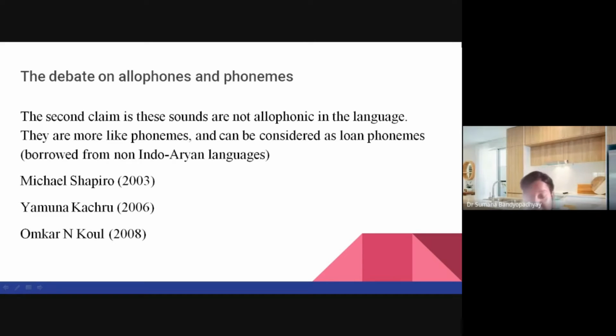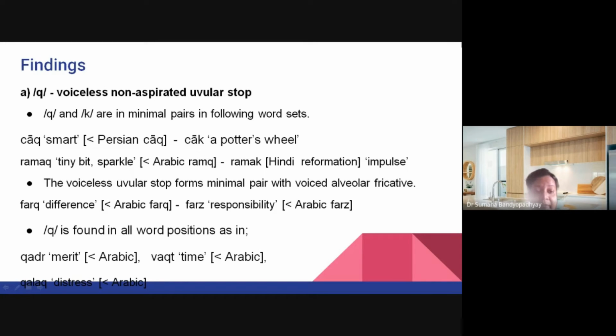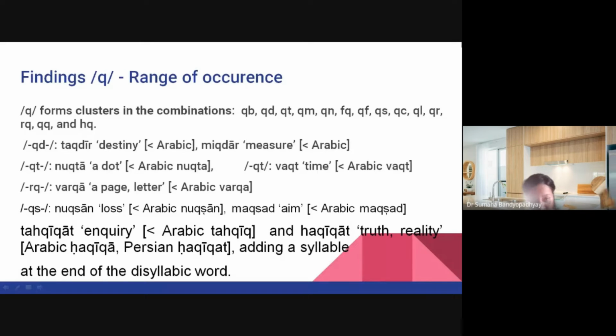Kaul, in his Modern Hindi Grammar in 2008, has talked about three of the five borrowed sound phonemes in discussion, and there are quite a number of additions to what Kaul says. Some of these have been added to what Kaul has said, because there are also medial and final occurrences of this sound, and I have discussed this in detail in my paper.